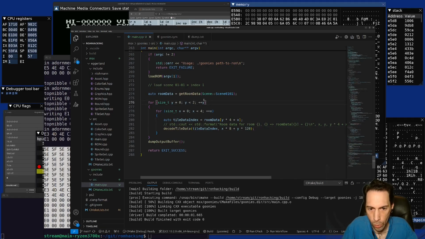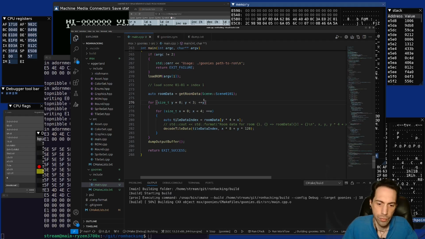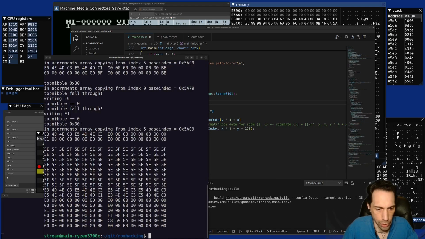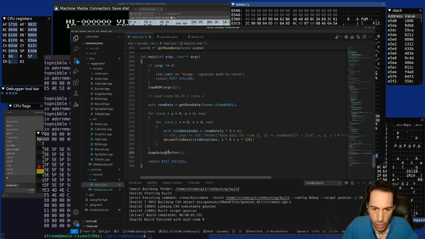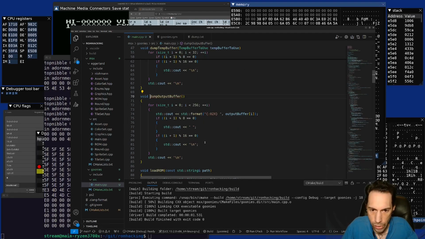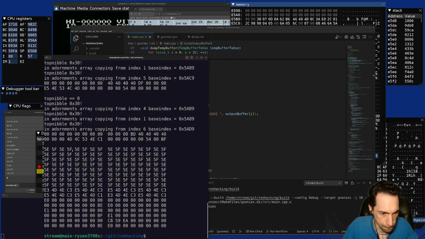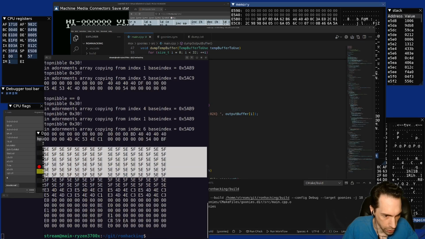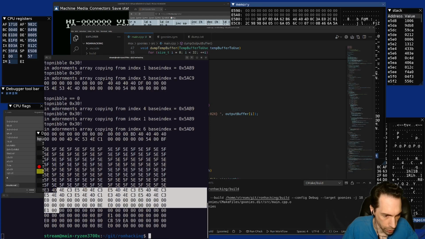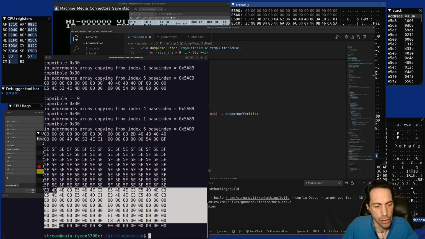So let's do another row. I might need to print out more though. Yeah, I need to print out more. Dump output buffer doesn't print enough. So 256, that's going to be 512 then, right? If we have to double it. So what we have 4. Wait, 1, 2, 3, 4, 5, 6, 7, 8, of course. And then 1, 2, 3, 4, 5, 6, 7, 8. Yeah, okay. So we need at least